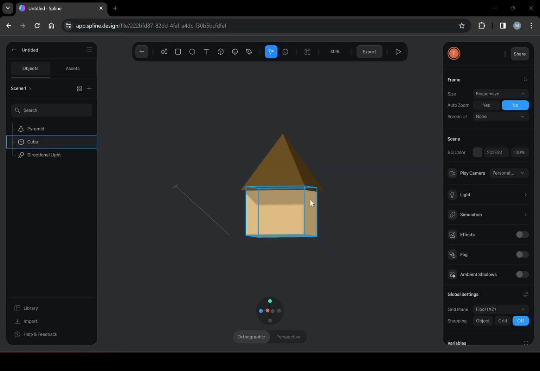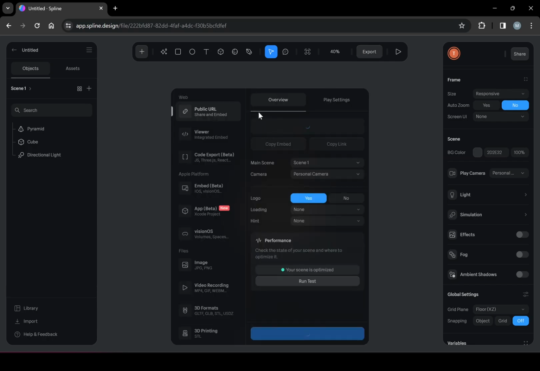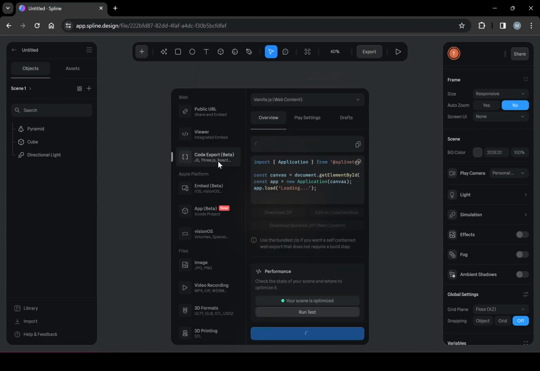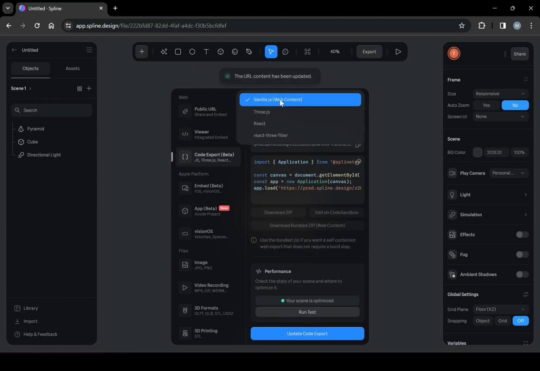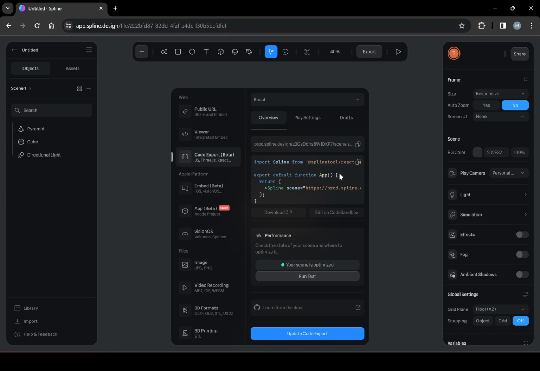Now that we have this house, let's actually try to export this and see how we can add this into our Next.js project. So we can click on this button called Export up here, and we can see here there's this code export. And in this code export, we're going to change this dropdown from vanilla JavaScript to React. And here, you can see we got the import for Spline, which we already added.